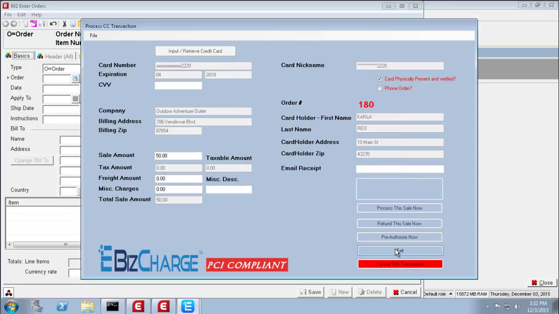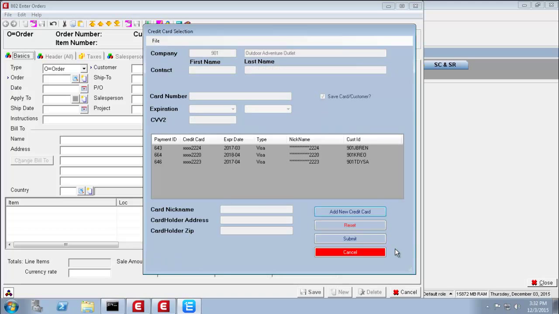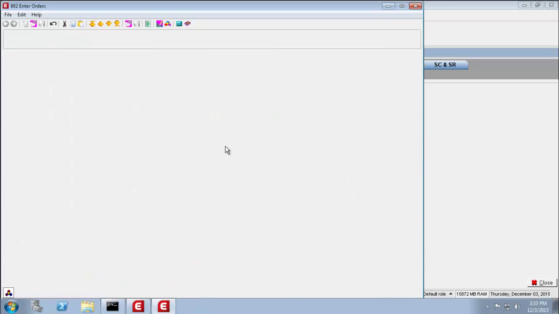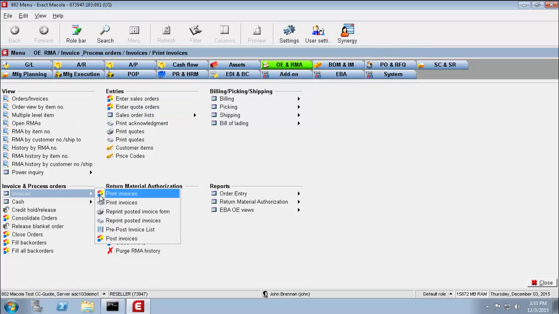A couple of things we want to talk about now. Now that we've got 178, 79, and 80, we now have 3 invoices or 2 invoices and a credit memo that we want to process. So what we're going to do now is we're going to actually cancel out of this, and let's actually go into the invoice piece,